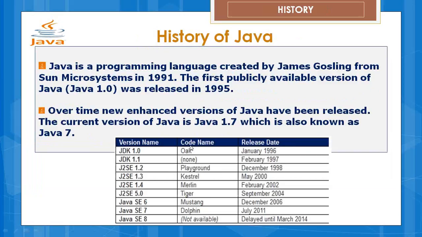Over time a lot of versions came up for Java, and I hope you are all familiar with the latest versions like Java 5 or Java 6, and you might have worked on them. We are going to do Java 7, and Java 8 has just been introduced, right? Industry is still working on Java 6 and 5, mostly on 6. So we'll be doing Java 7 in our sessions.